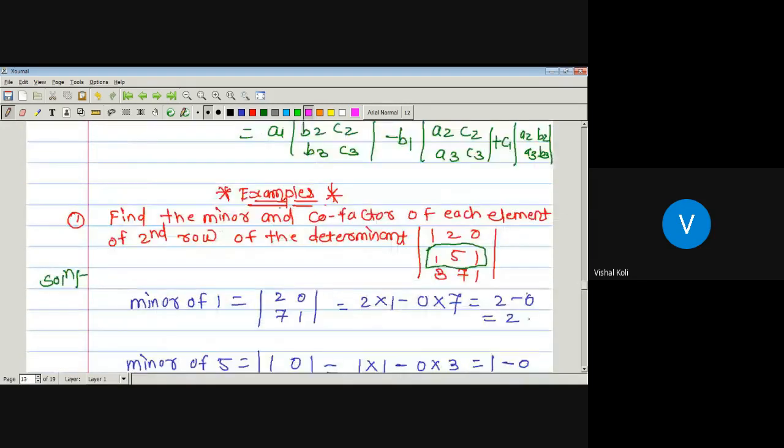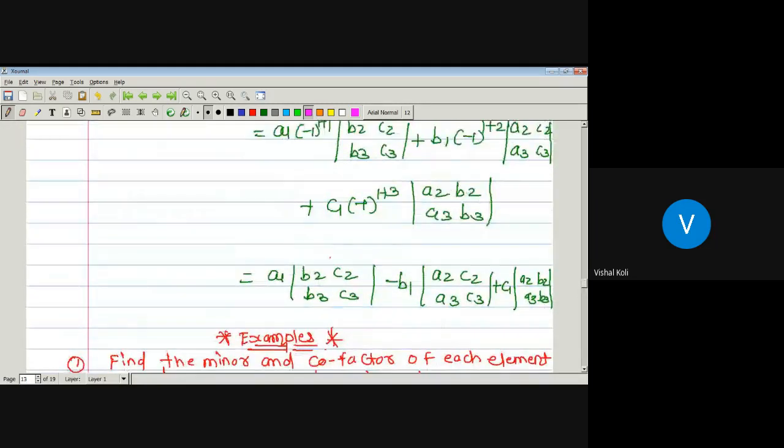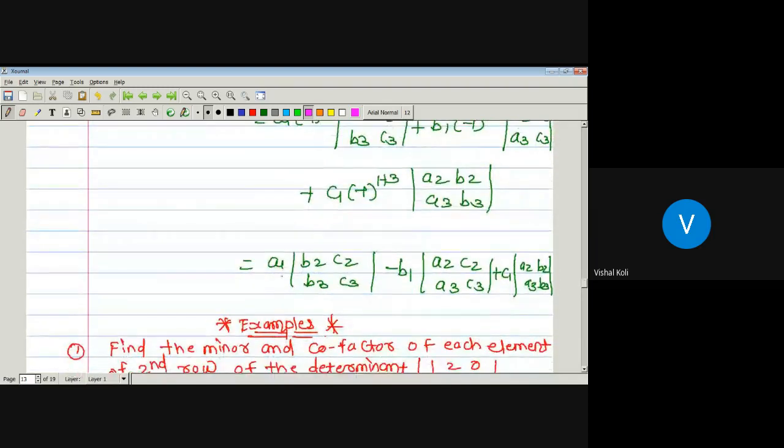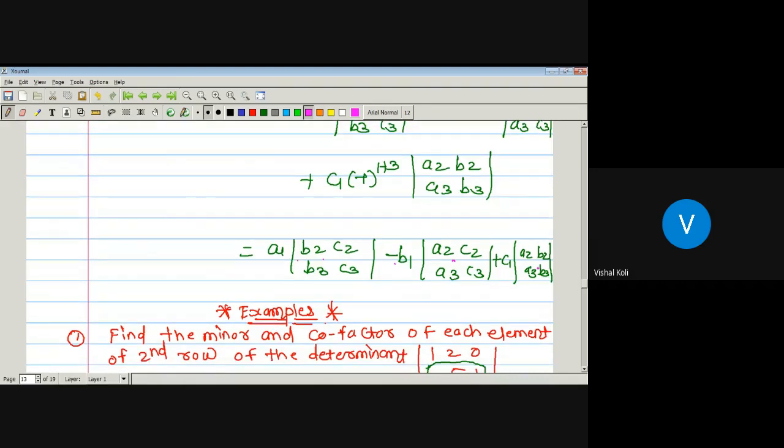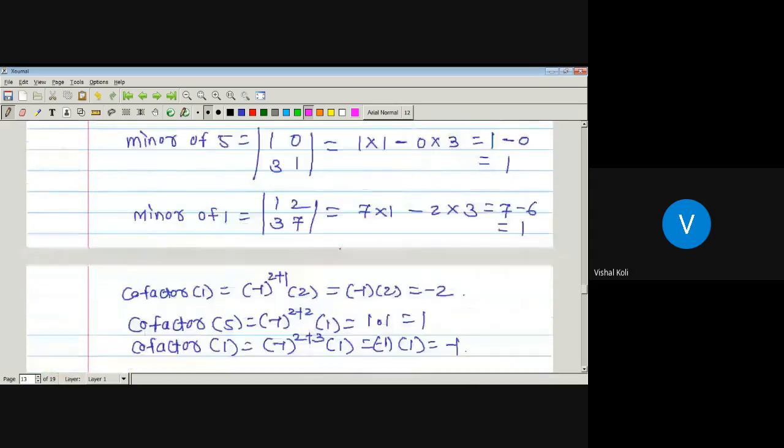Here we have seen how to find out the cofactor of a determinant of order 3. This will be the first element into its cofactor, minus b1 into its minor, and plus c1 into its minor. This minus sign is here since it is from the definition of cofactor, as it is minus 1 to the power: b1 is present in first row and second column, then it is minus 1 to the power 3, which becomes minus 1. Okay, so just we use this one, a1 into its minor.